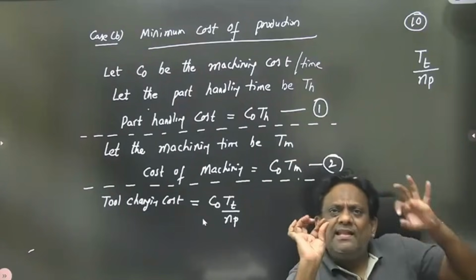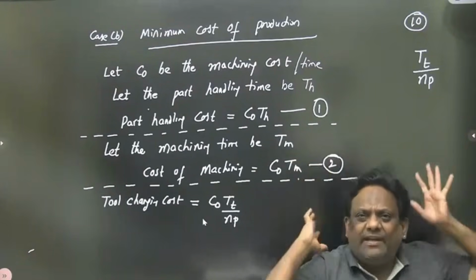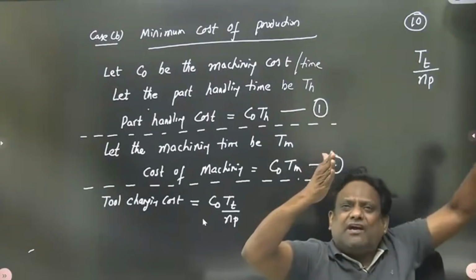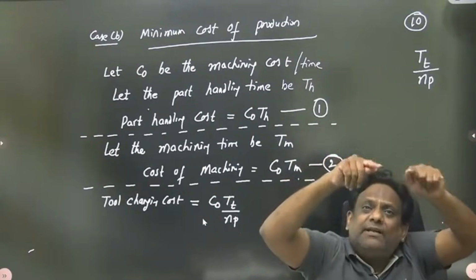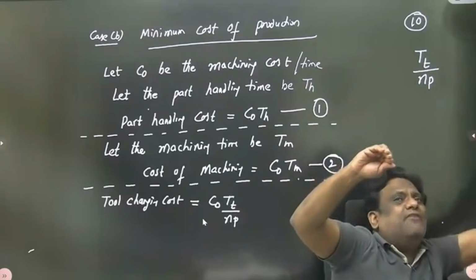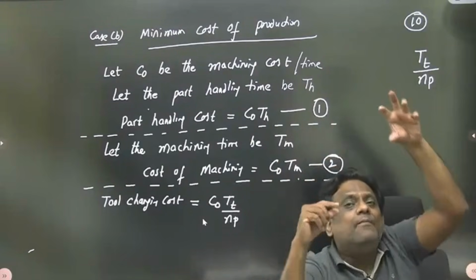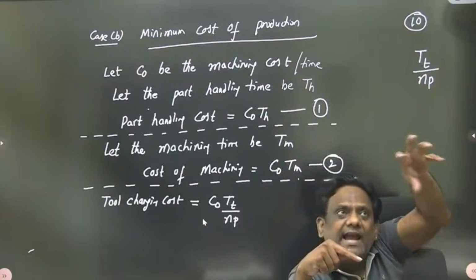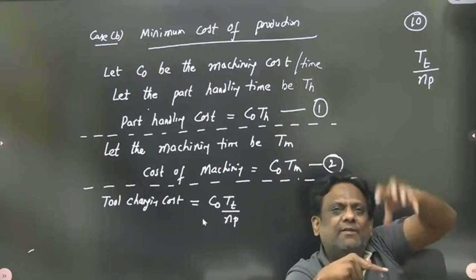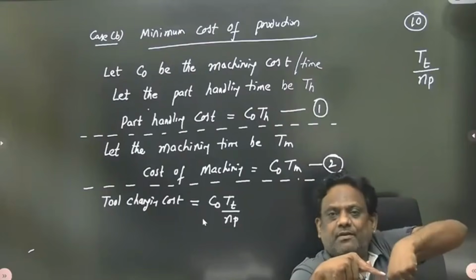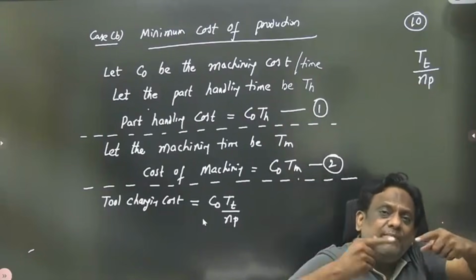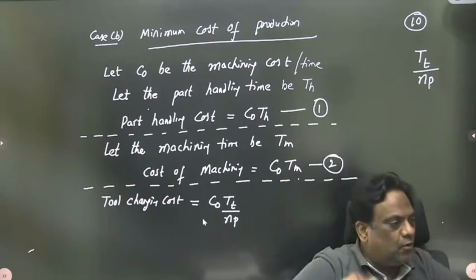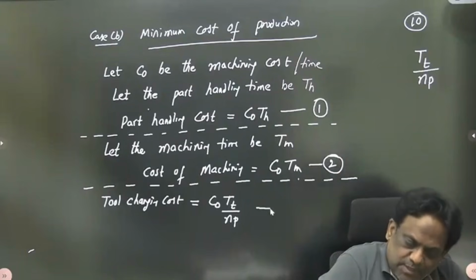I was saying, let the tool changing time be 8 minutes. But before I change the tool, already some components are manufactured. So you have to divide that 8 minutes equally amongst all the components which are manufactured, because we are calculating per piece. Therefore, TT is 8 minutes divided by number of pieces, let us say NP. Let us say 8. 8 by 8, 1 minute per piece. That 1 minute is the changing time per piece. So what is the cost? C0 into TT by NP. Hope this is clear. Let us take this as equation number 3.